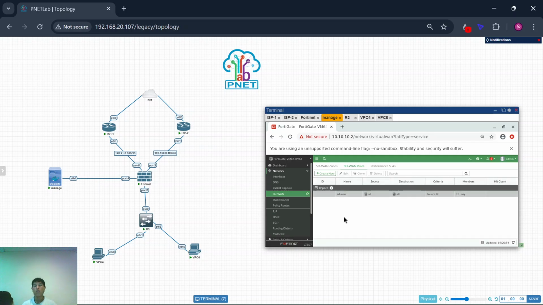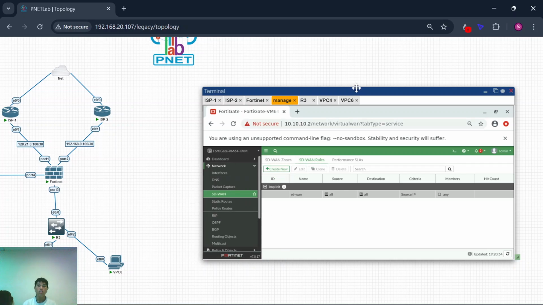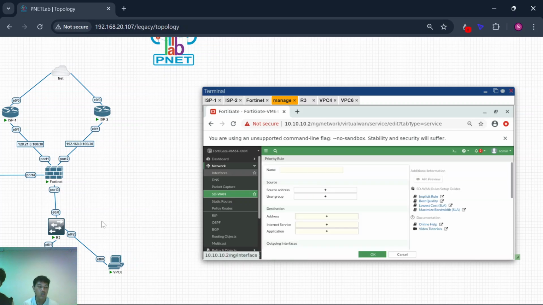Oh yeah, I forgot the SD-WAN rule. So this is for SD-WAN rules, since this VLAN is not one group.